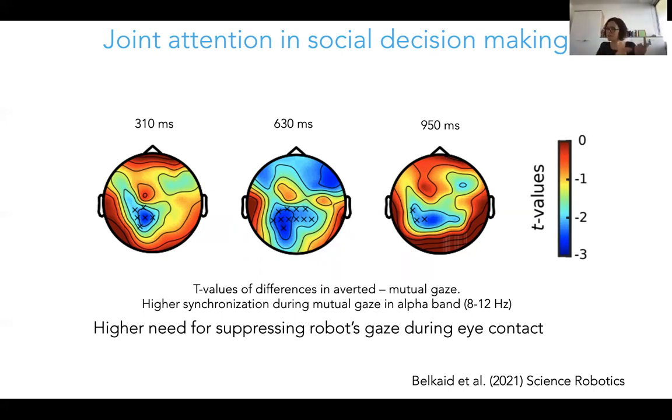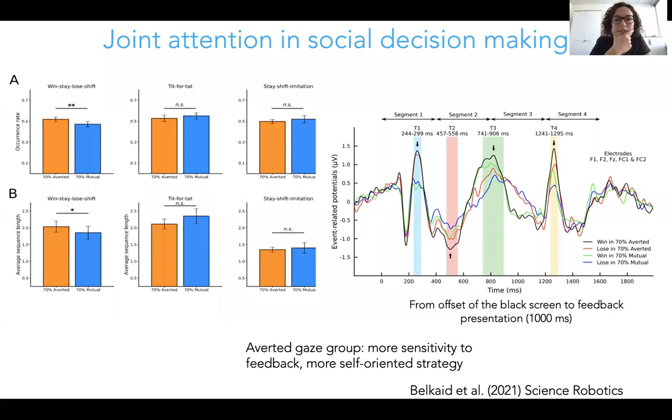The robot gaze in the previous gaze steering study was also irrelevant, but in that case, there was no competition. Here, participants are involved in a competition and they try to ignore that gaze, but they cannot. And that kind of suppression mechanism then results in slowing down of their decision processes because you have an additional effort at the neuronal level, which then results in prolonged responses.